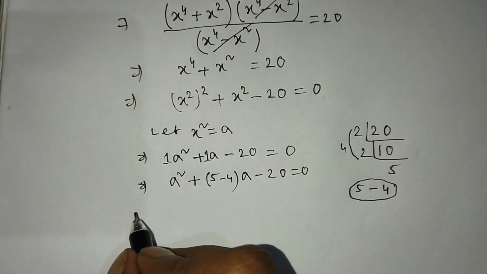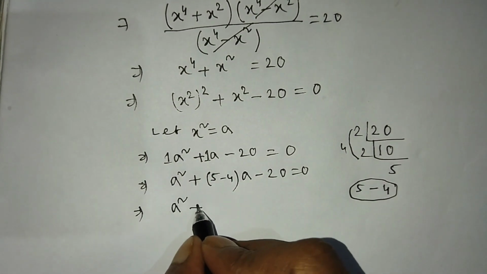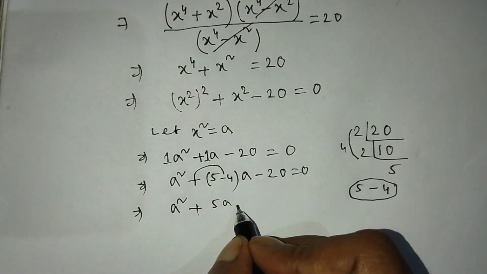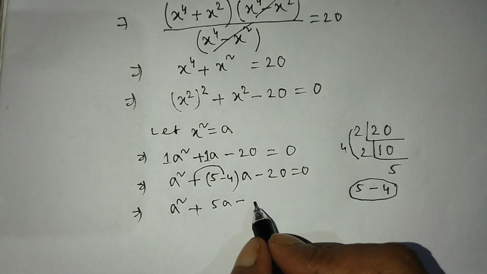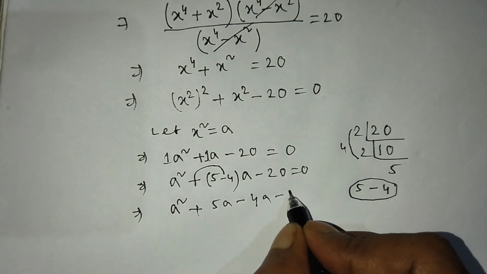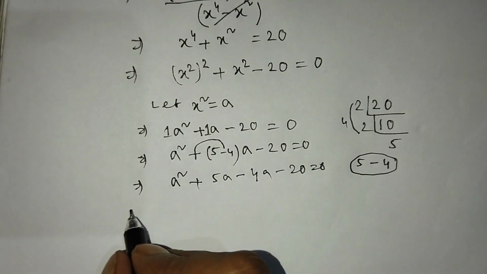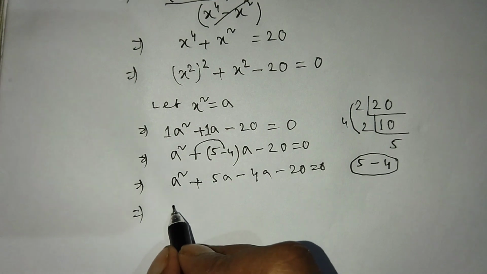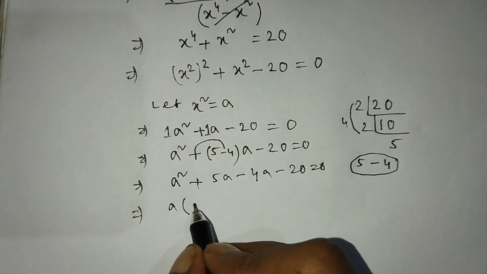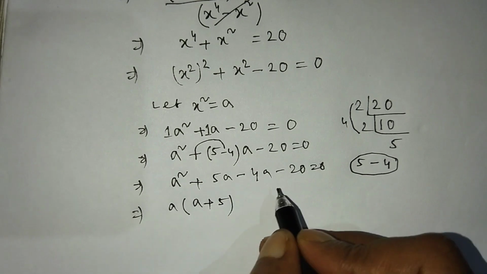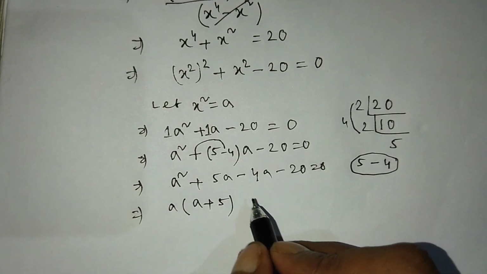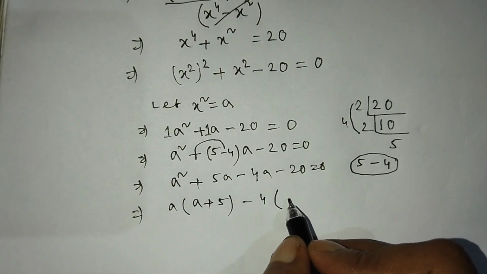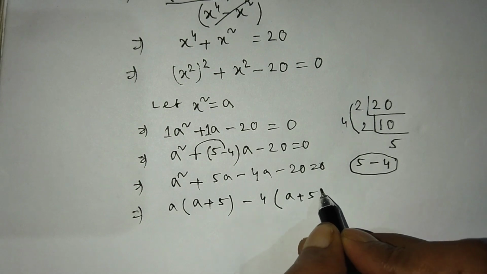0. So student, again we have to write a square plus, if you multiply 5 with a then you get 5a, plus minus minus 4 into a is minus 4a. Okay student, minus 20 is equal to 0. So student, we have to take common. From these two terms we have to take common a. So if you take common a, inside the bracket you have to write a plus 5, and in two terms we have to take common 4. Okay, so if you take common 4, then we have to write inside this bracket a plus 5 is equal